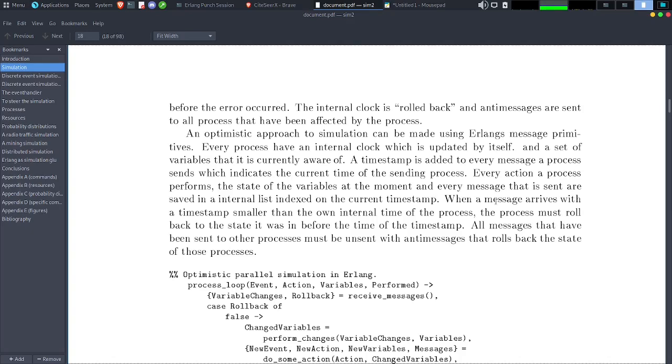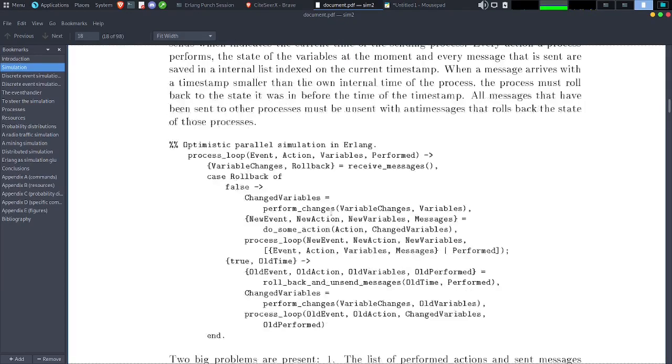When a message arrives with a timestamp smaller than the process's own internal time, the process must roll back to the state it was in before the time of the timestamp. All messages that have been sent to other processes must be unsent with empty messages that roll back the state of those processes.